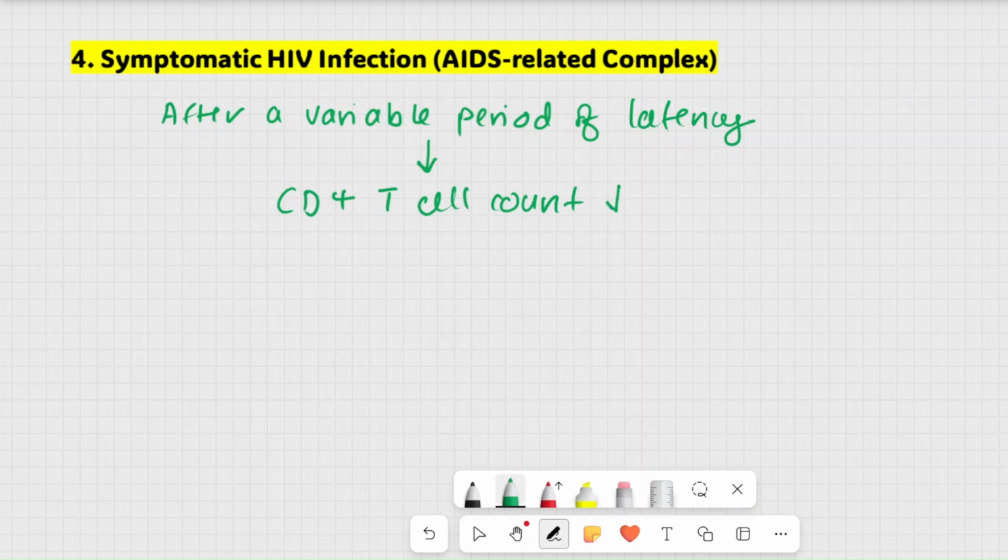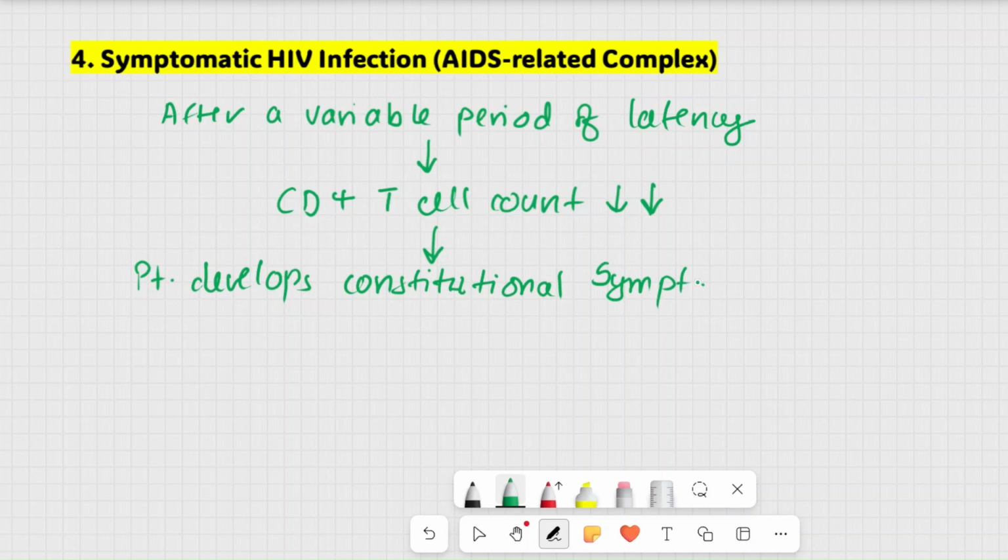So a decrement in the CD4 T cell count indicates that the latency has now been broken, and your CD4 T cell count has begun to drop, and it is at this point that the patient will start to develop constitutional symptoms. Very important. What are the constitutional symptoms of HIV? So the patient will develop constitutional symptoms, and those include